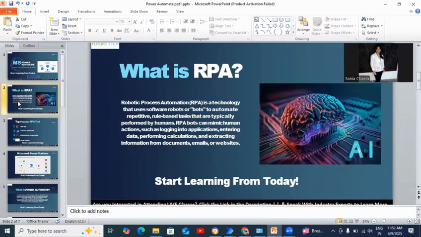So what is RPA? RPA, robotic process automation, is a technology that uses software robots or bots to automate repetitive, rule-based tasks that are typically performed by humans.